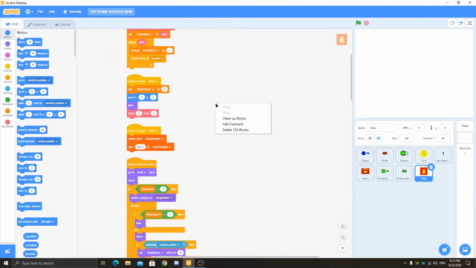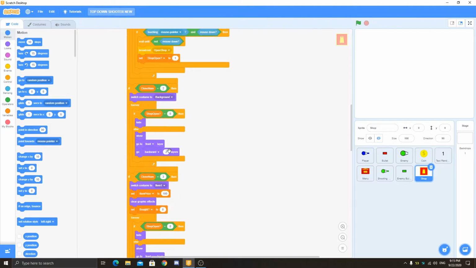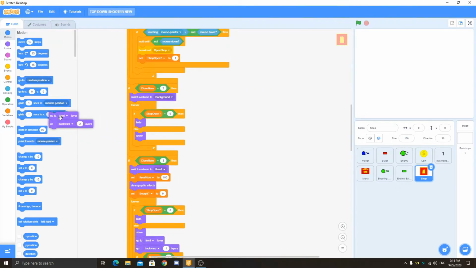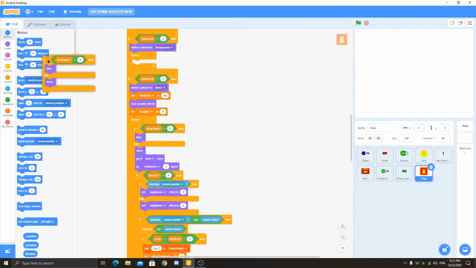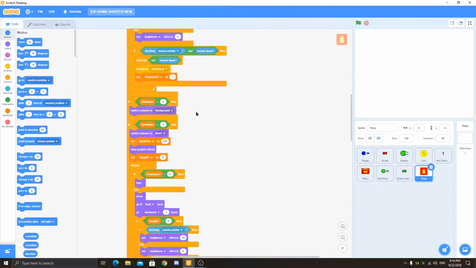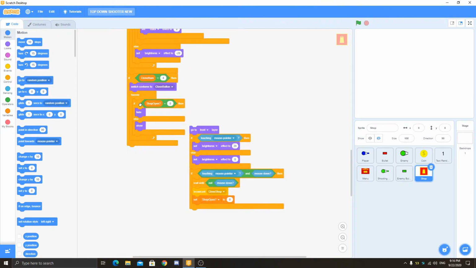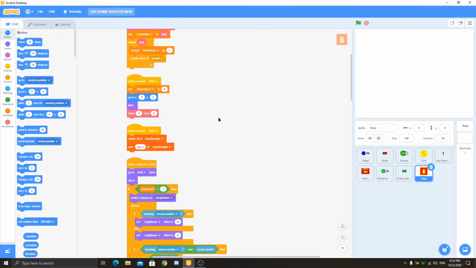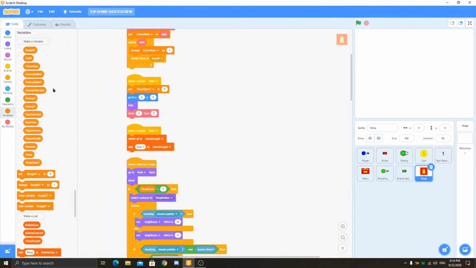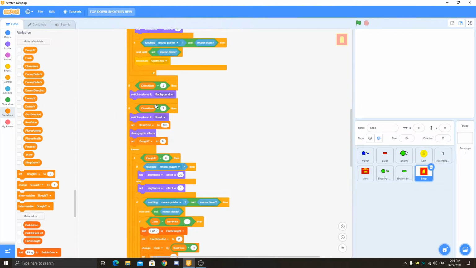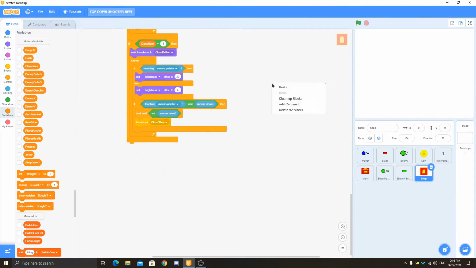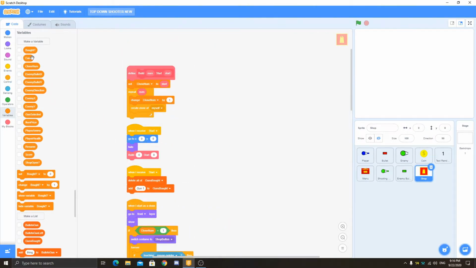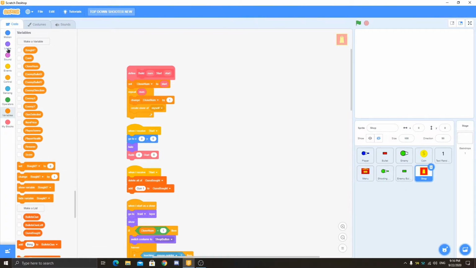So what we can do is, first of all, just remove this from every sprite or every clone, and also remove this shop open is equal to 0. And now we can just delete the variable shop open, and also remove this from everywhere, and remove this from here and also from here, and remove this open shop and close shop. And now we have it clean, and you can just delete it now.